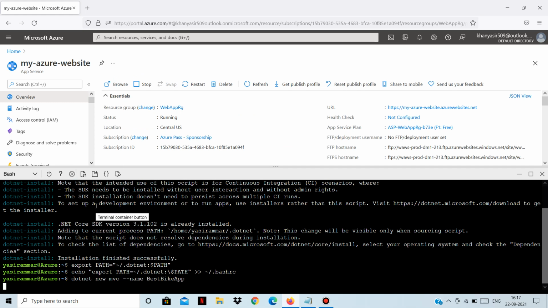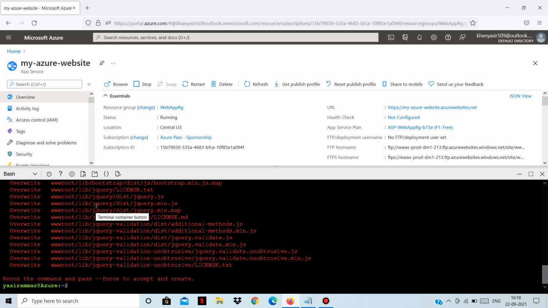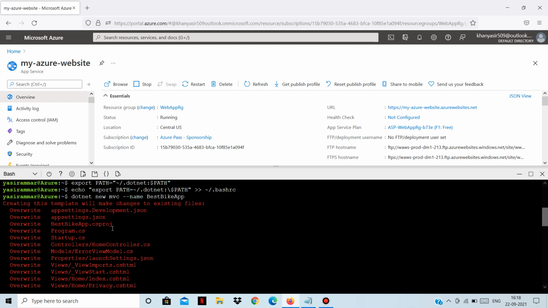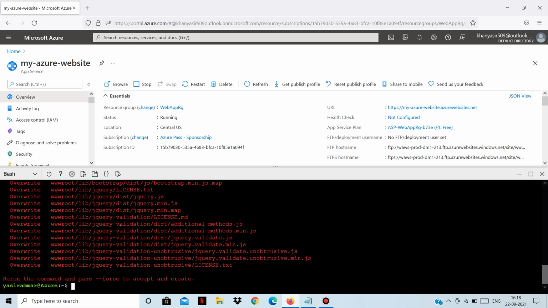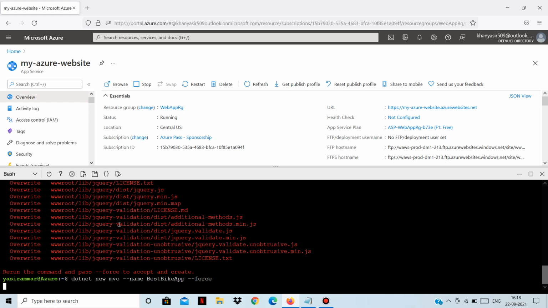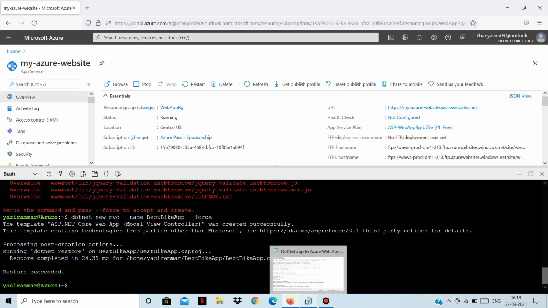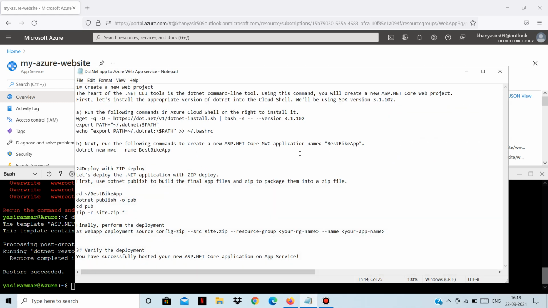Hit enter. We need to pass the force method as well. This command will install and create the new ASP.NET Core MVC web application, whose name is Best Bike App.